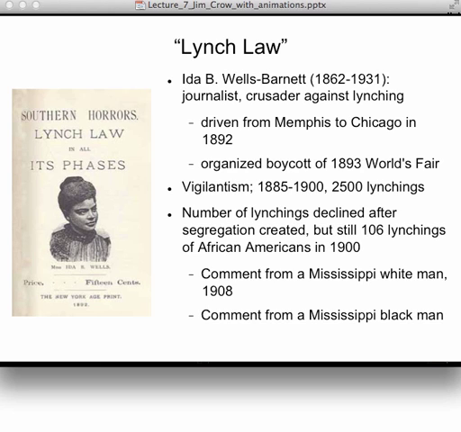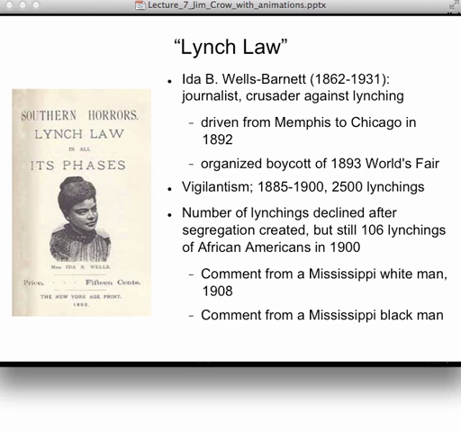And this also helps to explain why some progressives embraced Jim Crow, and especially embraced segregation in housing during the 1890s, because progressives believed that if you could separate blacks and whites in the South so that they had less contact with each other, there would be fewer cases of lynching. So with less contact, there would be less fighting, less conflict, less resentment, and so lynching would go down.